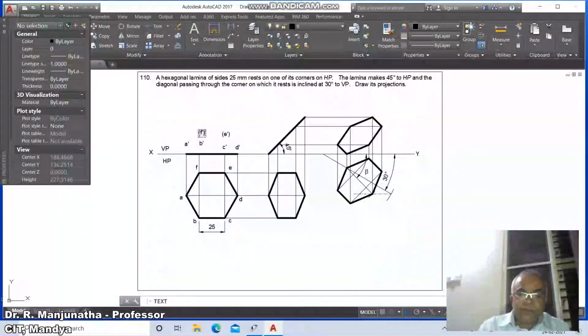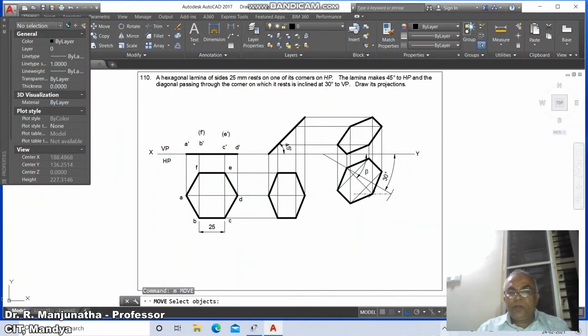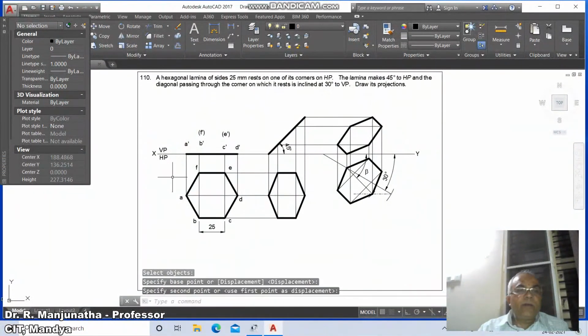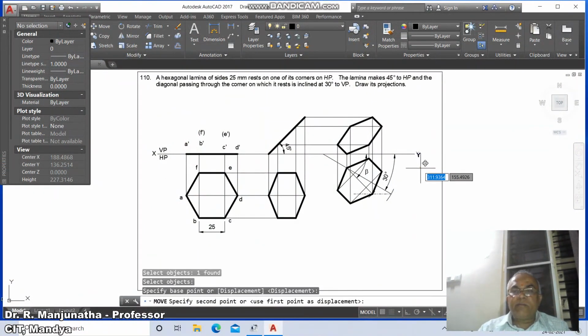Then go to move, switch off the ortho mode and bring X, VP and HP, and here it is Y.